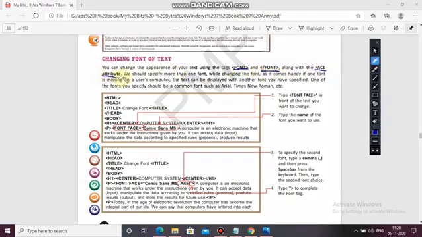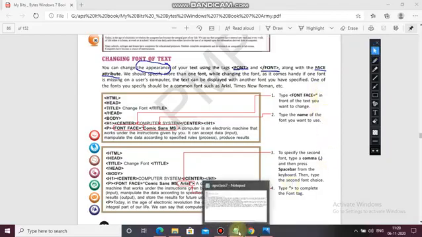Means with font we will use the face attribute to change the appearance of our text. Using more than one font comes in handy, because if one font is missing on a user's computer, the text can be displayed with another font, which we had already discussed.